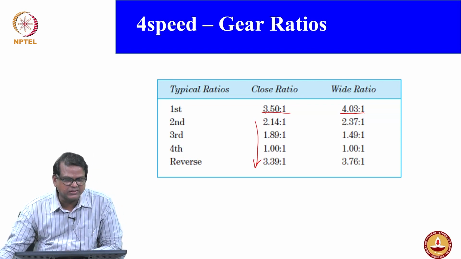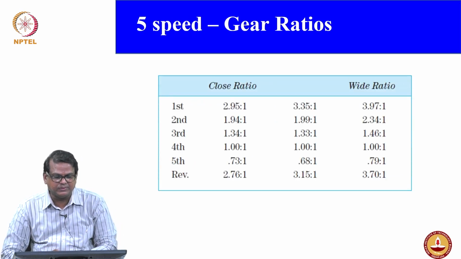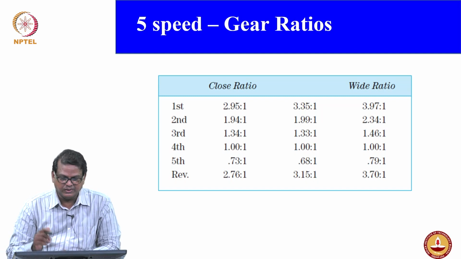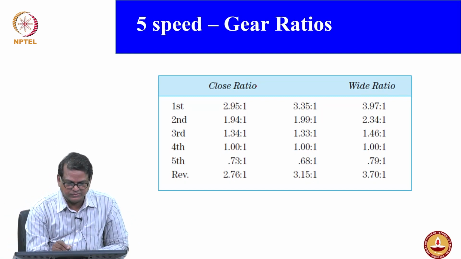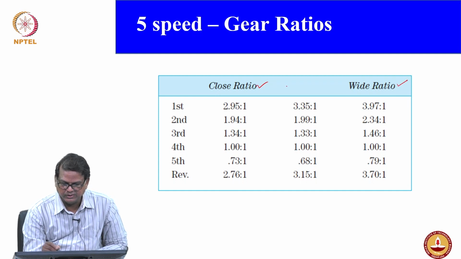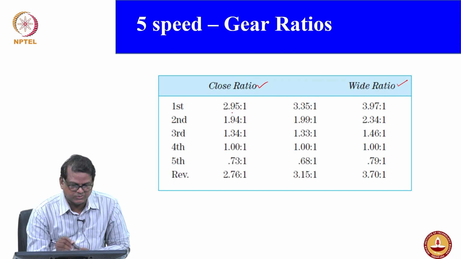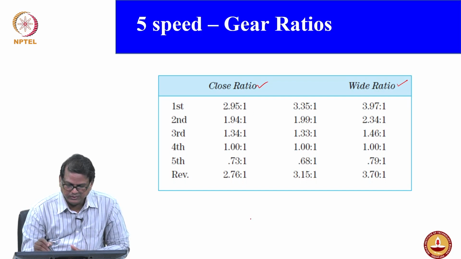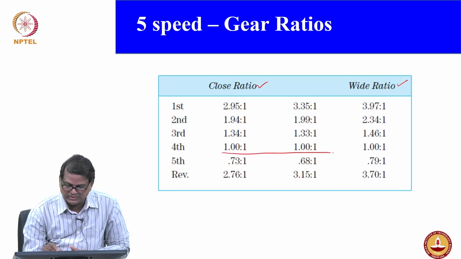This is a typical example for 4-speed, and you could see another one for the 5-speed gearbox. Again we have 3 different ranges: a close ratio range, a wide range and the middle one. In the close range, it starts from as high as possible, 2.95:1, then decreases, and very interestingly that follows for the mid range and the wide ratio also, whereas the 4th gear maintains the same as the